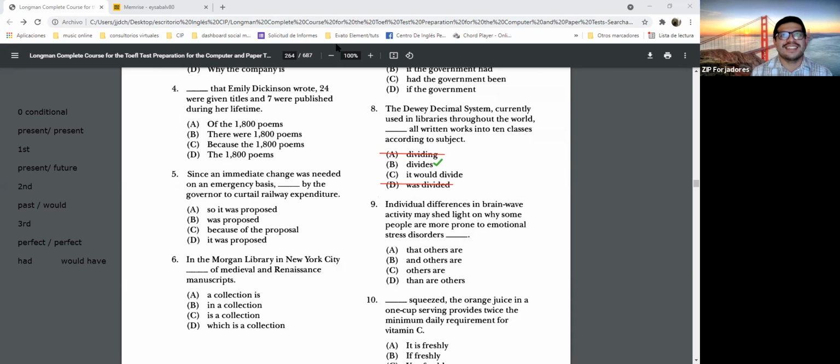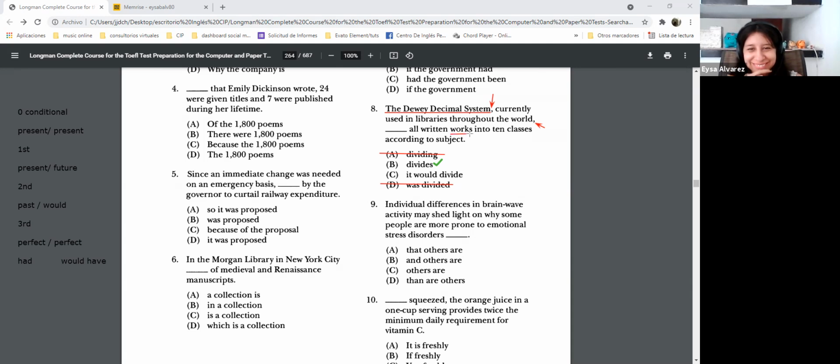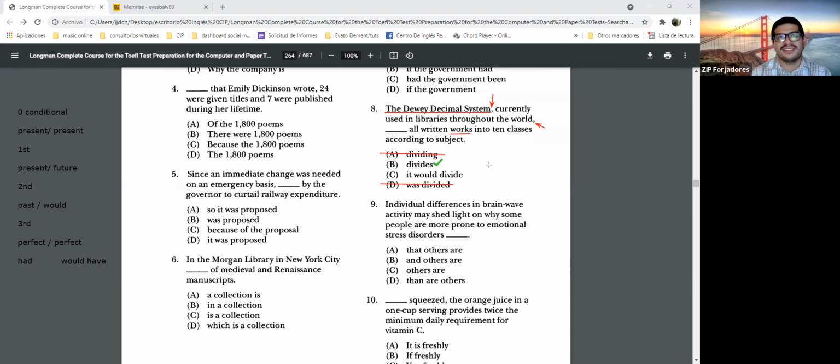Referring to using reference as well. All right, so let's analyze it. We have two commas. So this means that it's an appositive, right? It's not the main subject of the sentence. So let's see. The main subject is the Dewey Decimal System. And where is the verb? We have a verb? No. Okay, this is not a verb, right? This is a noun. Okay, so the only one that has a verb is letter B.